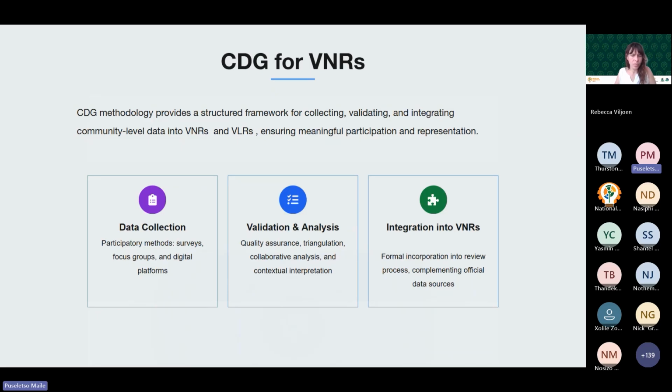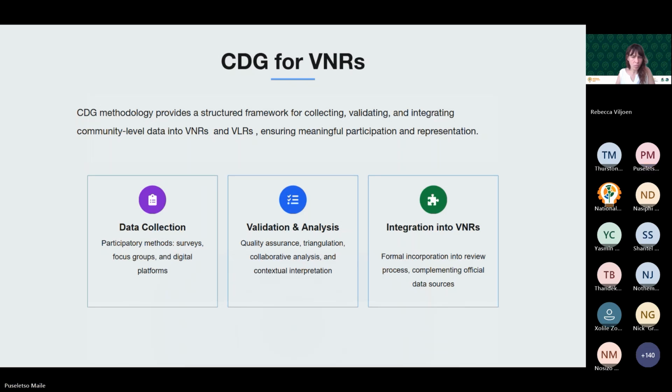In regards to the VNRs, citizen-generated data can be formally incorporated into the review processes. Lesotho has done that. South Africa did that with the 2024 processes. It complements official data sources by, let us say, the report that the previous speaker had